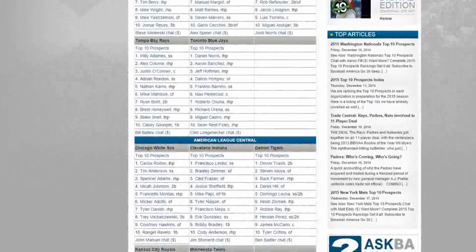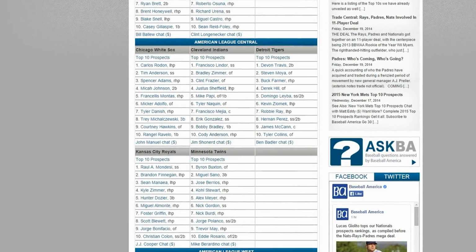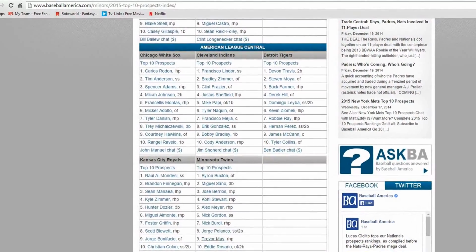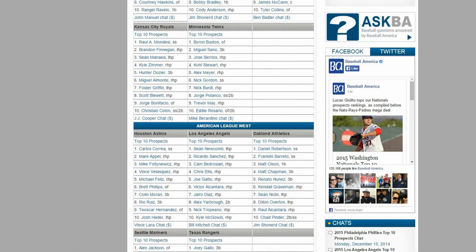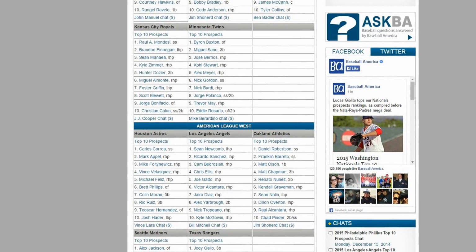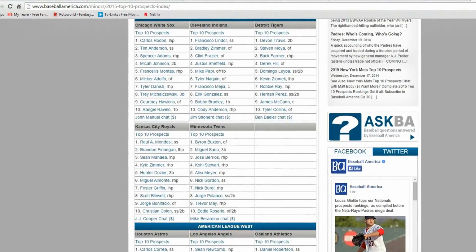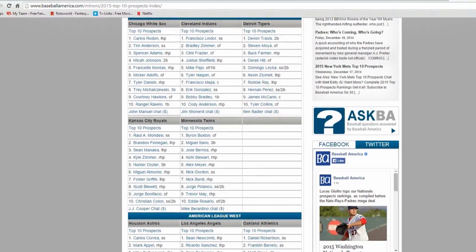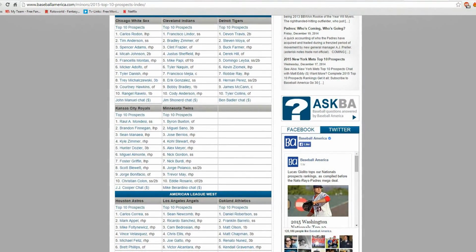You should know the top prospect. You should know the top 10 for your team unless you're a diehard fan, but knowing the top prospects is a huge advantage for picking late players in later rounds. So if you want to take a shot in the dark on a player like Byron Buxton, you should at least know his name and know who is behind him, so you can take him.